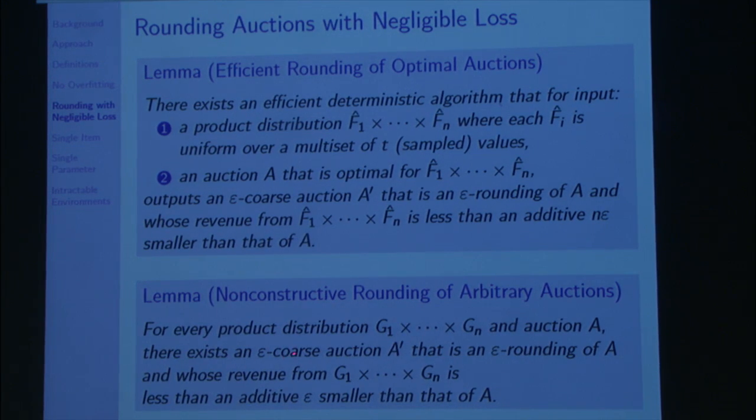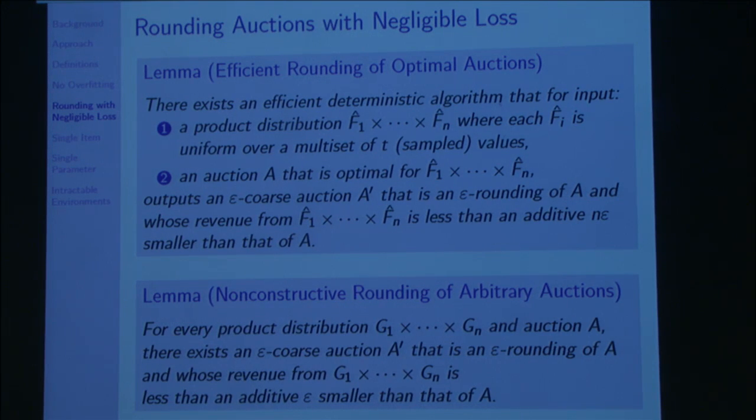I can give you an epsilon coarse rounding of A, an epsilon coarse A prime, whose revenue from this distribution is less than an additive epsilon smaller than that of A. So the possibility of rounding does not depend on these distributions being empirical distributions. They can be arbitrarily complex distributions. It does not depend on this auction being a Myersonian auction. This is a new result that was not known, and we prove it, that you can always do epsilon rounding